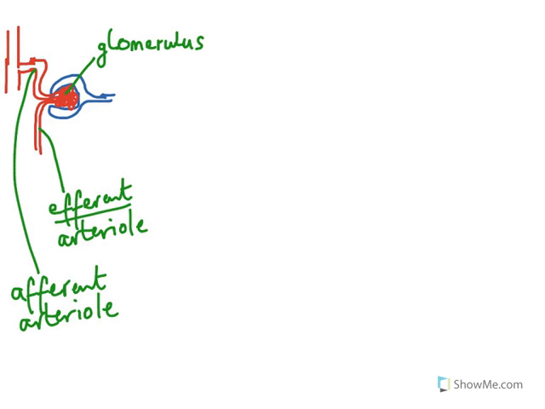Now, the effect of this is that there's a very high blood pressure in the glomerulus, because if you can imagine it, blood is flowing in through the afferent arteriole, that's quite a wide pipe. Think of it as a pipe, liquid flowing through the pipe. It then enters these capillaries, which are quite narrow, but also the efferent arteriole is much narrower,